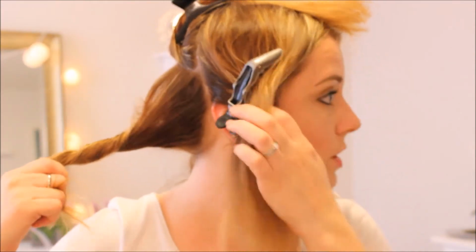Alright, now that we have this underneath back section ready to go, let's get started. So I am going to still be curling away from my face. This back section, honestly, with the hair density that I have, I'm only going to do like 3 sections. It's not supposed to be perfect. If you go smaller than that, you could end up having coily looking hair, or very bouncy curls, and that's just not what we're going for. So you're going to want to comb through the section,